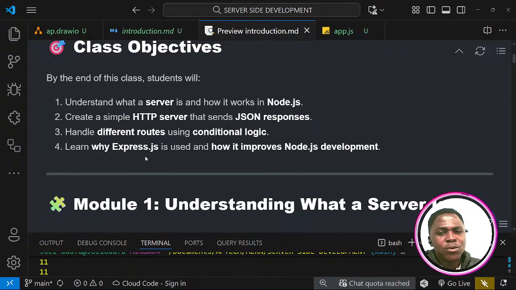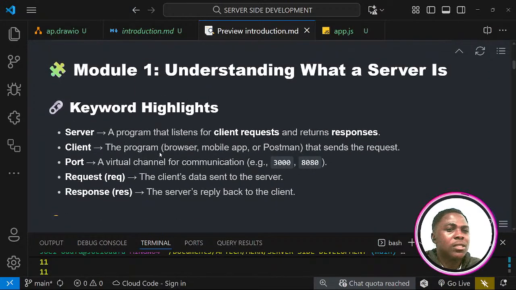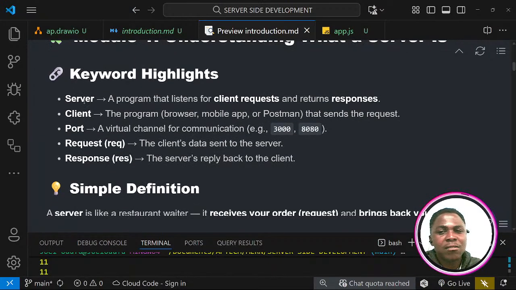Then we'll learn why Express.js is used and how it improves plain Node.js. Node.js is just for server, but Express was built on Node.js for what? Server-side development. Without it, Node.js was already server-side development, but it has a lot of workarounds, making it a little bit complex. Later they brought Express to make it simpler, right? So in this module we will understand what a server is. The keyword we'll be using is server. Server is